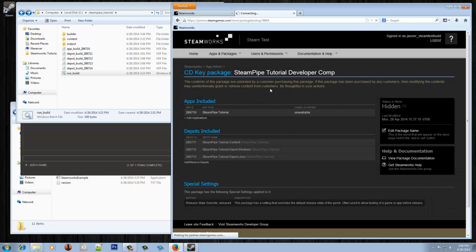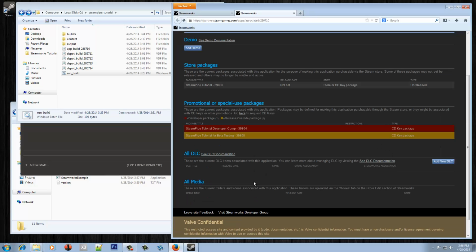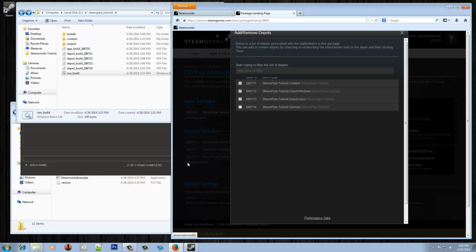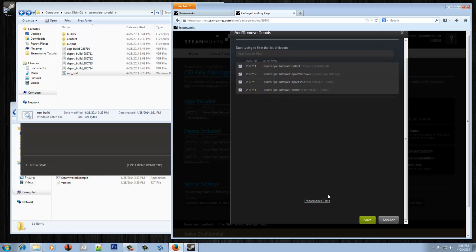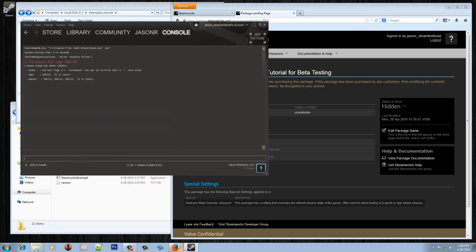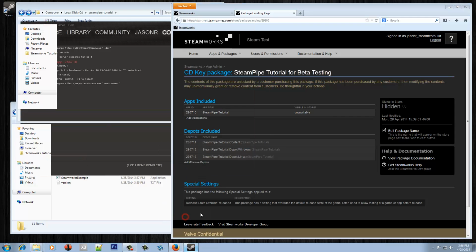Save that change. Then let's also just add it to the beta testing one. So I've got those in there now. So if I restart Steam here,